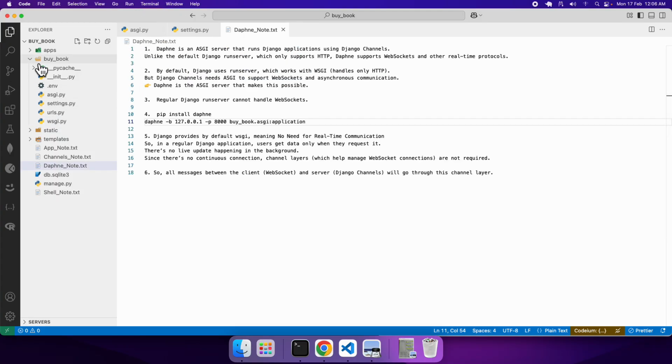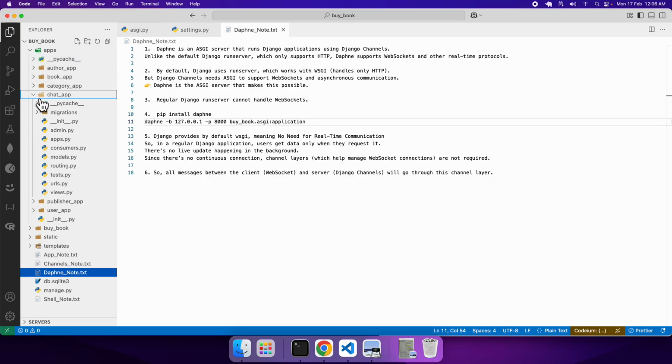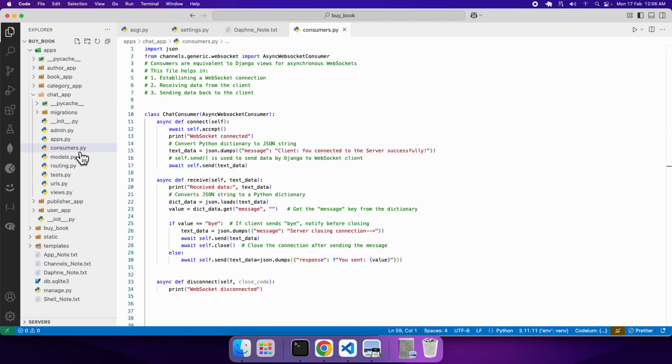Now I will be coming to my app. Inside my app there is a particular app called chat app, where I want to implement the real-time implementation. As I was saying in the diagram also, the regular view file view.py will not be used in context to Django channels. We have to use something called consumers.py. That's the conventional term which we often use in case of channels. So if I double click on this, you will come across some code snippet and we'll understand what this particular